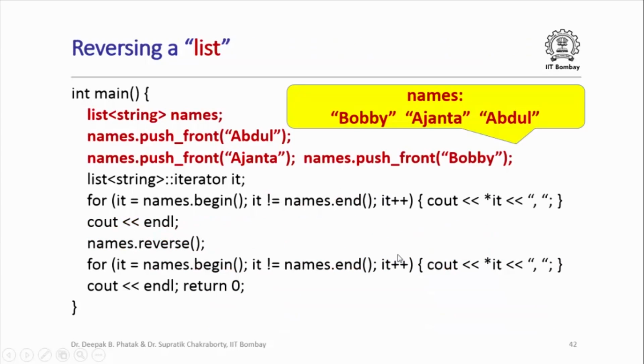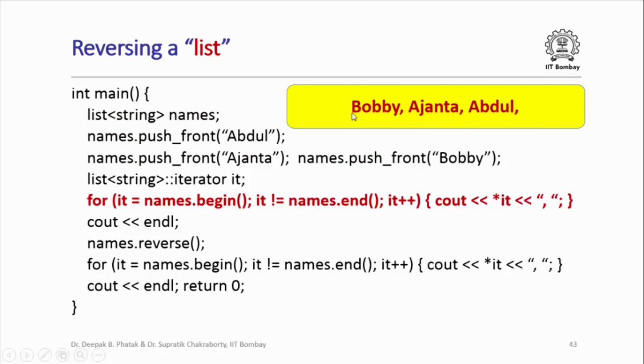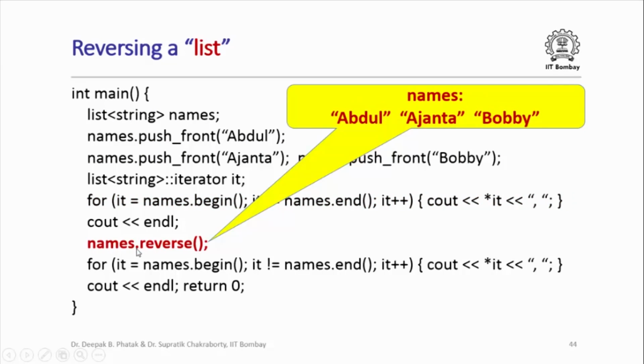The list class also provides a member function for reversing a list directly. So for example, here the brown part of the code creates this list Bobby, Ajanta, Abdul. And now if I try to print out this list using a forward iterator, I will basically get Bobby, Ajanta, Abdul as the output. But after that, I could say